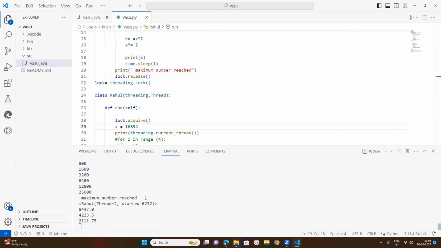Okay. So what are we doing here? One thread is doubling the numbers, and in another thread the given number is being halved. Whenever it reaches 0.5,